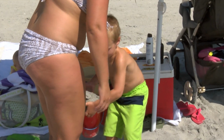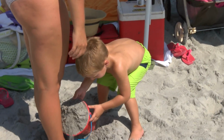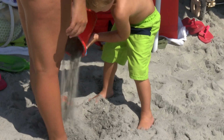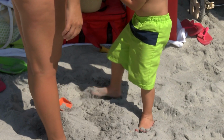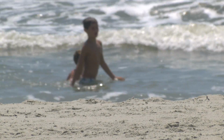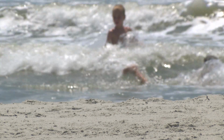Fun isn't the only thing mom Nicole Talley thinks her son will experience while playing in the sand at Myrtle Beach. I think about the different things that could be in there. Cigarette butts, different people's feet. Yeah, bacteria, definitely. Just as people can ingest bacteria when they're swimming, they can also come into contact with it while staying dry. Compared to the water column, your number of bacteria will be often 1,000 times greater in sedimentary